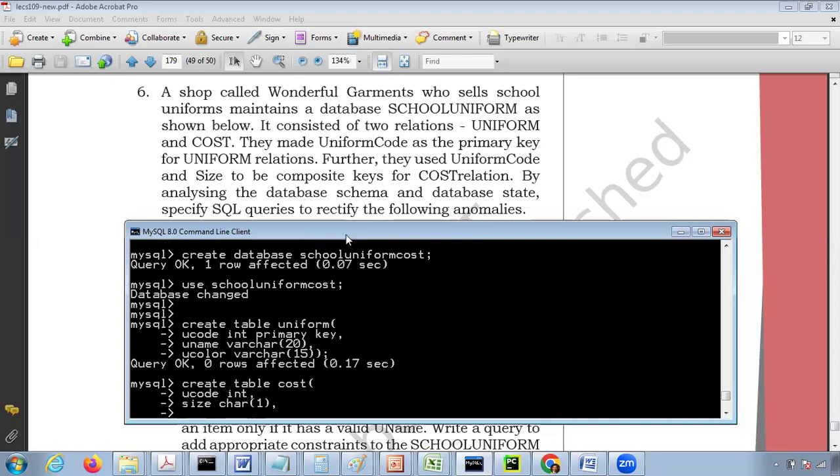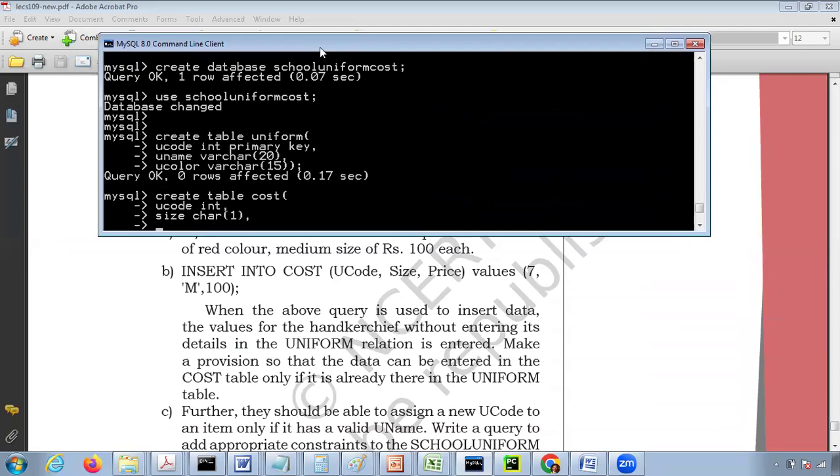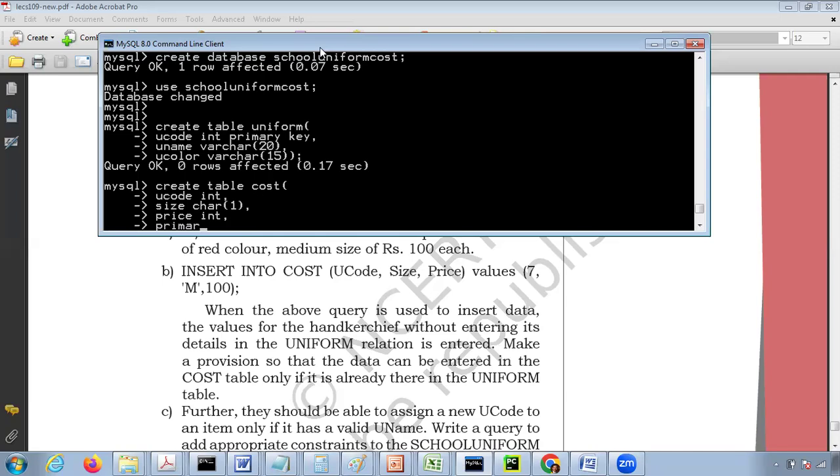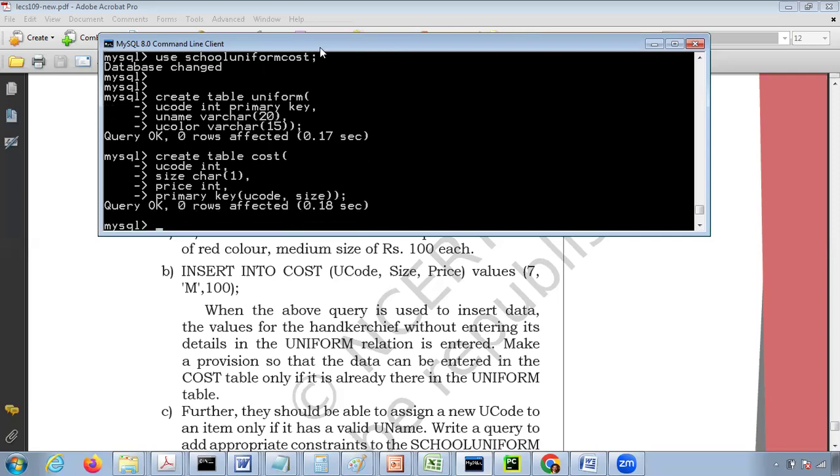Then the price, this is also an int. Okay, now you can create primary key using the alter thing if you want. Or let's try it this way itself. Primary key of ucode comma size, I think should create that as well. Yes. You can specify the composite key as part of the table definition or using the alter table command. Okay, so